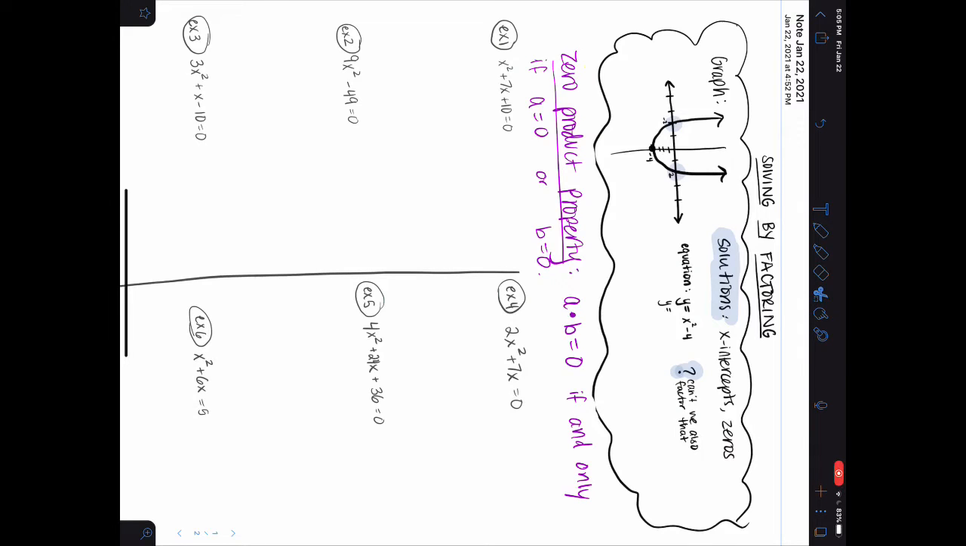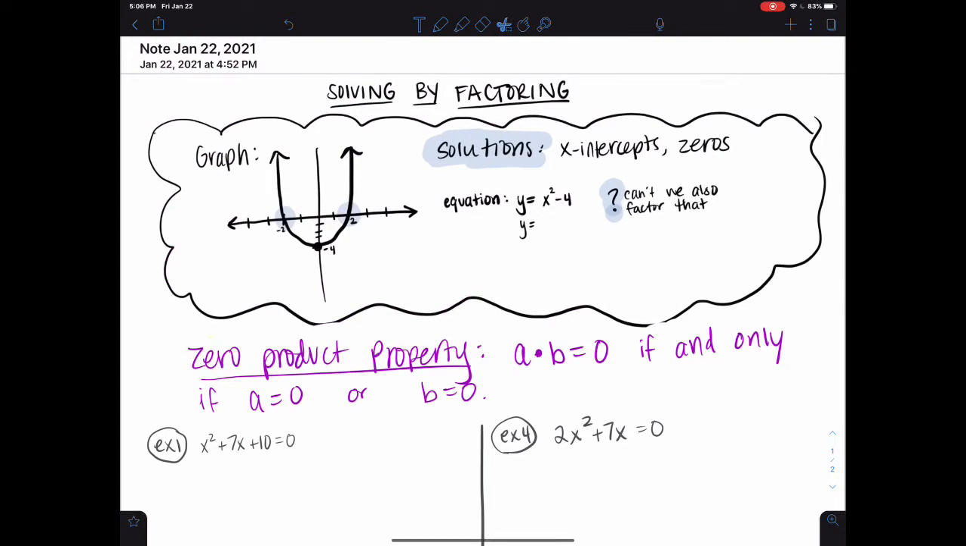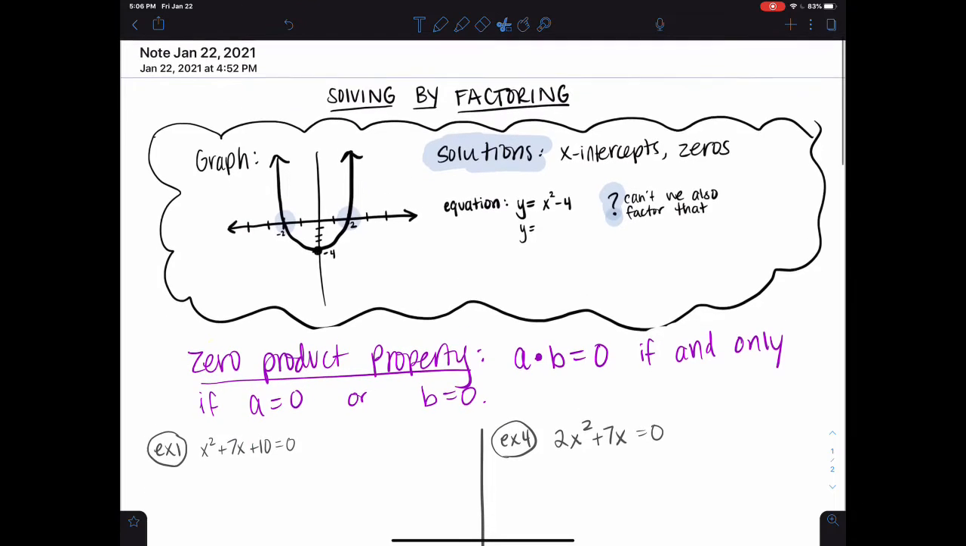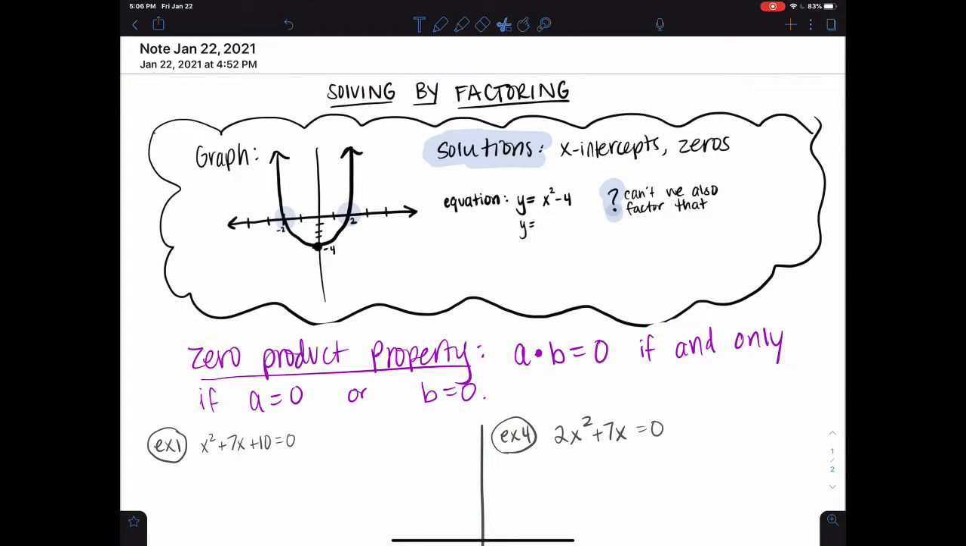So this video is an introduction to solving by factoring. And at this point, you're probably wondering, what is the point to factoring a quadratic? Why do we need to do it? And why do we need to know how to do it in so many ways? Well, solving by factoring really goes back to the idea from the beginning of this unit when we talked about